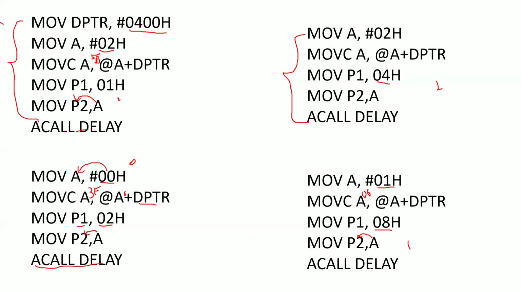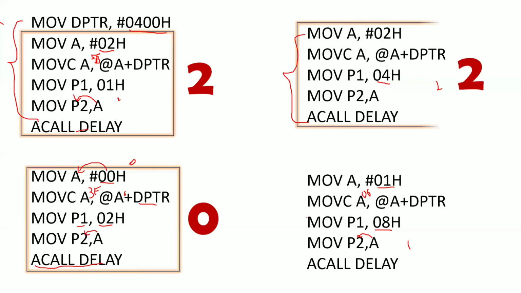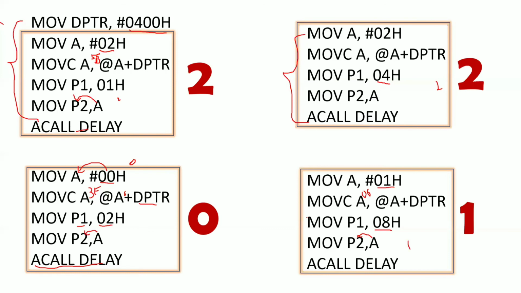Again delay. Now if you put all these instructions combined together in a loop, you will be able to display 2021 continuously. So this is the program for your 2, this is the program for your 0, this is the program for your 2, and again this is the program for your 1. You combine all these programs sequentially, and you can display the value 2021, which exactly matches our requirement. So this is the end of your interfacing with a 7-segment display.